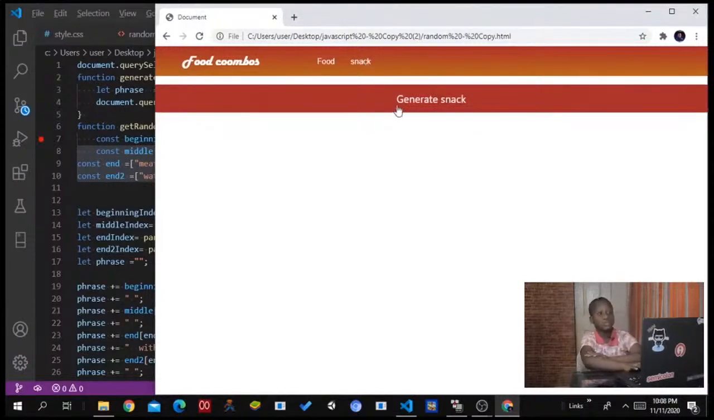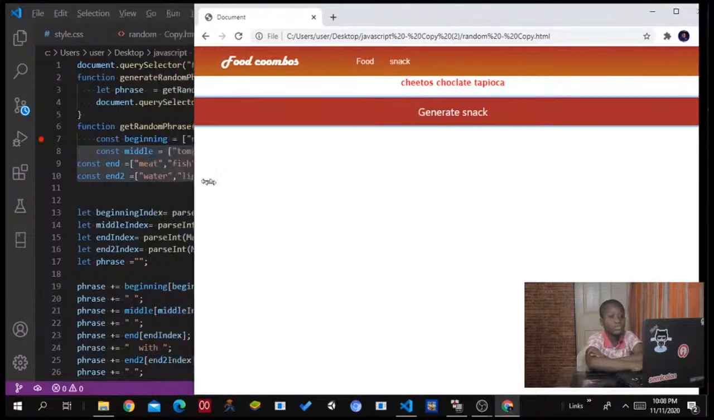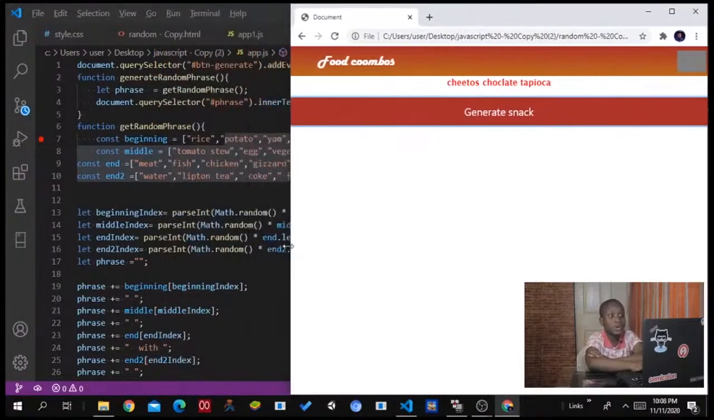So now let's get to the real fact of what we call the combination snack. This is going to be great. This one is going to create Cheetos, chocolate, and tapioca. Man, I don't know what kind of